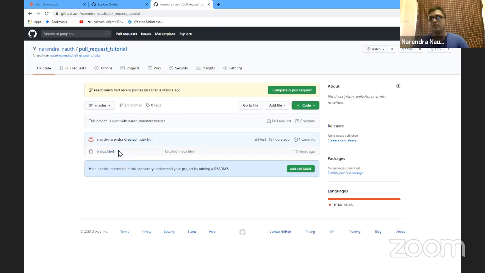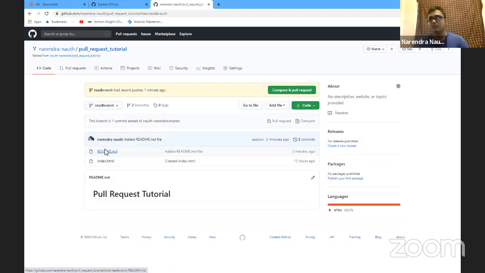So if you notice, I created work, but it's not reflected in the master code base because I didn't trouble the master code base. If, however, I use this dropdown to change to the read branch, it would show all the different files within the branch. So now in the last phase, going back to our workflow, after you fork, then you clone, then you make your changes, you commit your changes, you push your changes, and lastly, we need to do a